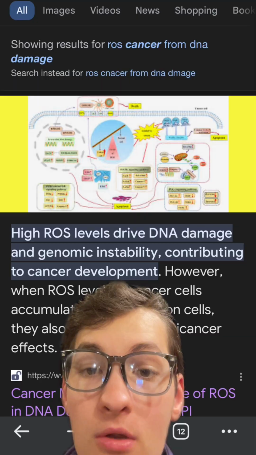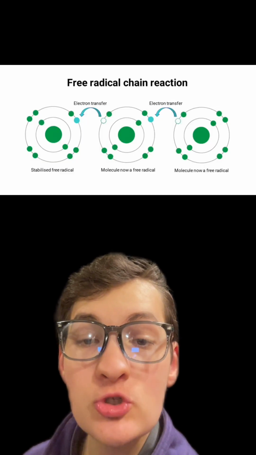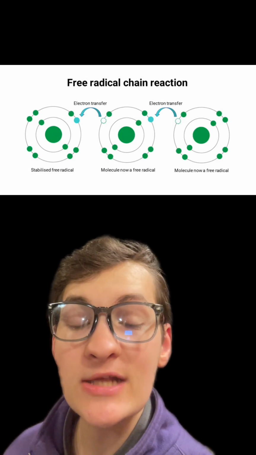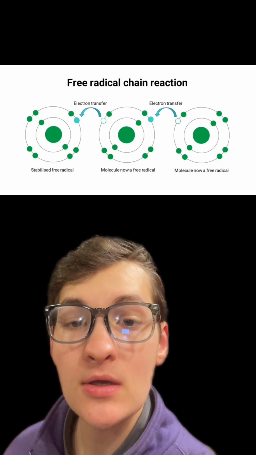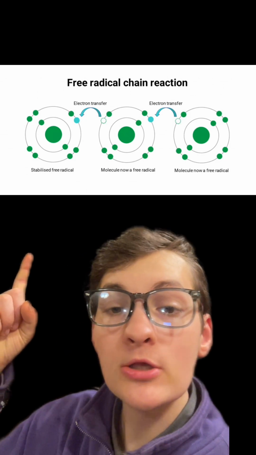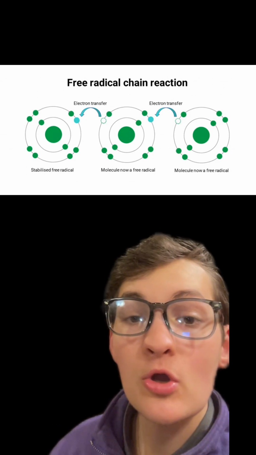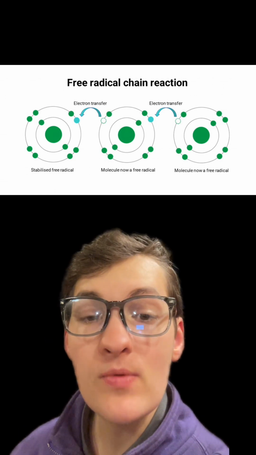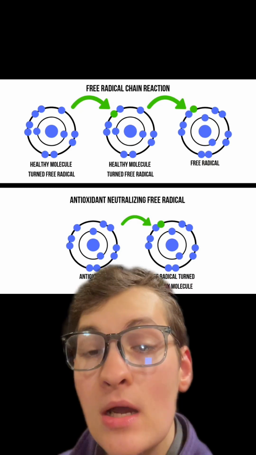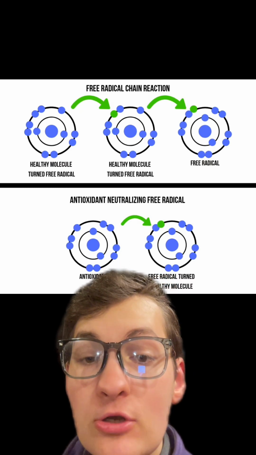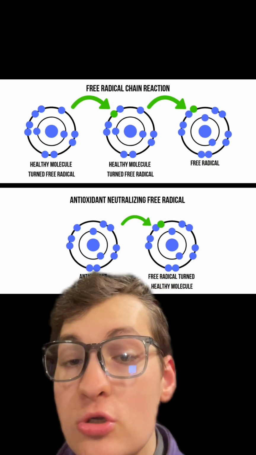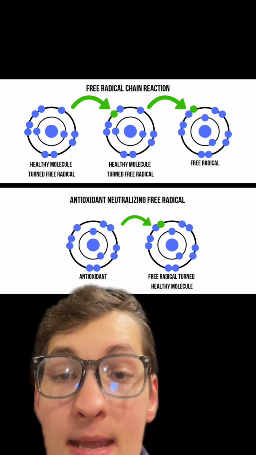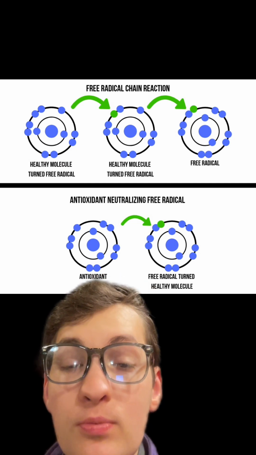of tumor formation. Importantly, once an oxidant has stolen an electron from another molecule, it may become stable, but the molecule that has lost an electron is now an oxidant. And this cycle continues as one molecule steals an electron from the next, which steals an electron from the next, and so on, considered a free radical chain reaction. Antioxidants come into the mix by donating an electron to these oxidants and neutralizing them. And once antioxidants have done this, antioxidants are able to be safely stabilized and stop the continued progression of damage